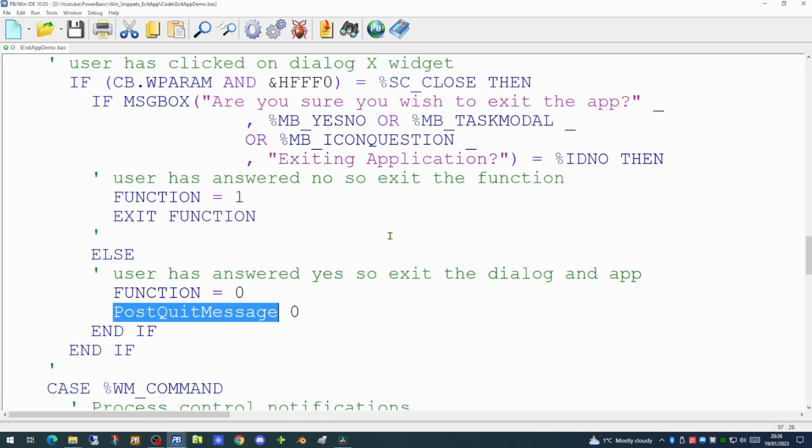So what we've done today is we've programmatically captured the events that would trigger the closure of our primary dialog. This can be used as a reminder to the user that they're about to exit our application. It can also be used for you to check to see whether everything the user has actually done has been saved. Perhaps on the dialog there is data that has yet to be saved back to a system or a database. If that's the case, then you can check that before the message box command, and you can give the user a warning that there is unsaved data. Are they sure they wish to exit the application?